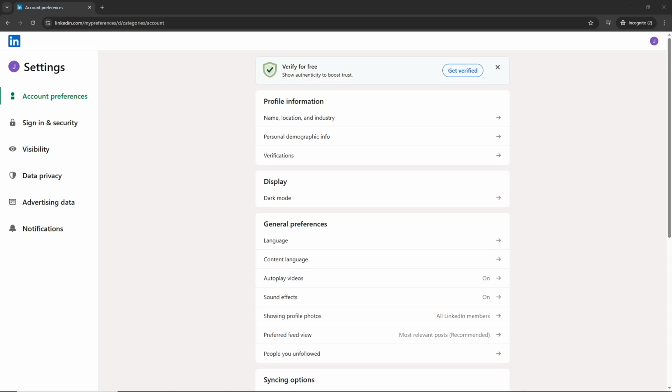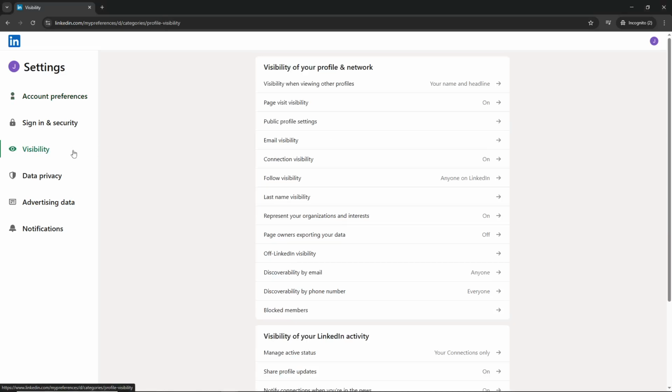After clicking on Settings and Privacy, you'll be taken to a new page with multiple tabs. On the left side of the screen, you'll notice different categories. Look for and click on Visibility. This section controls how visible you are to other LinkedIn users and what information they can see about your activity